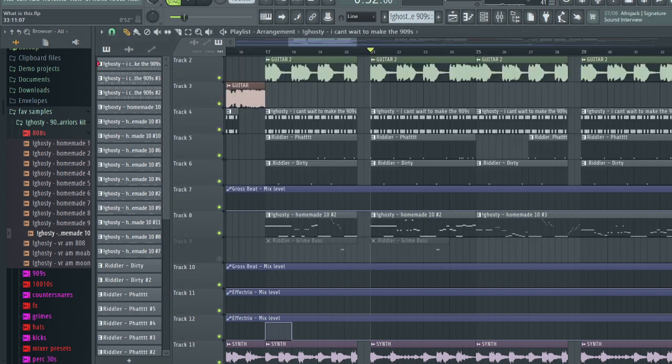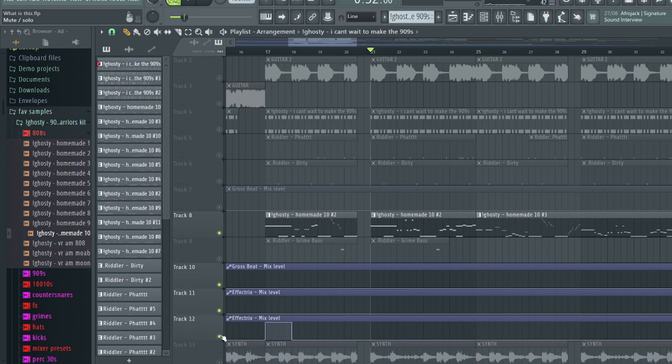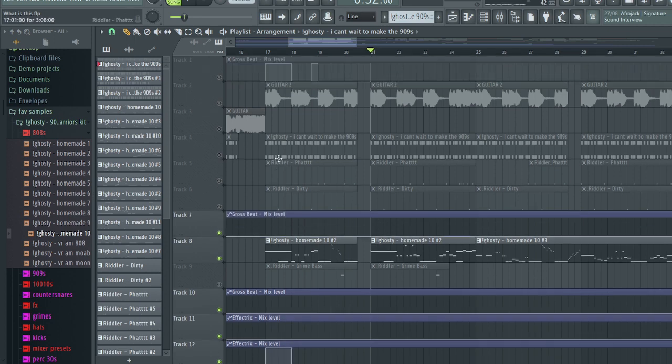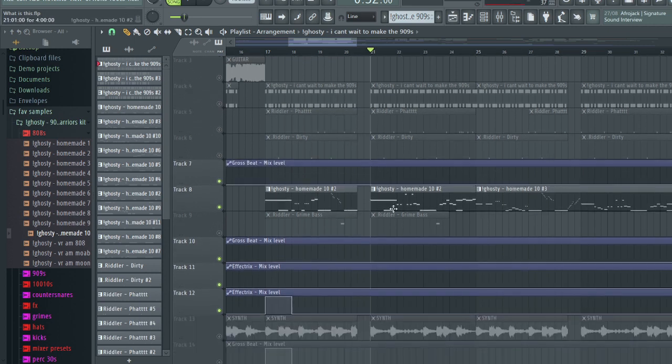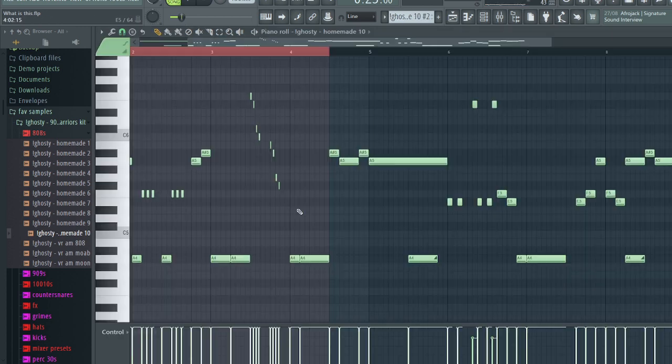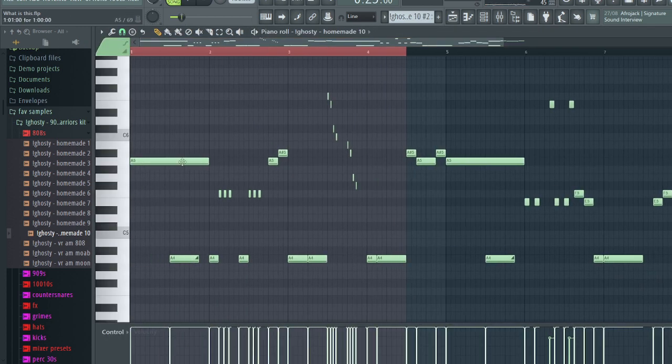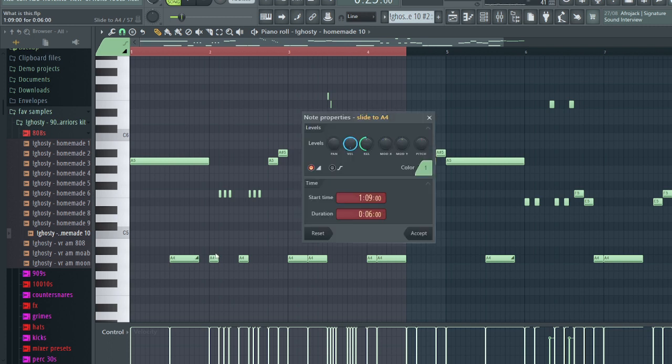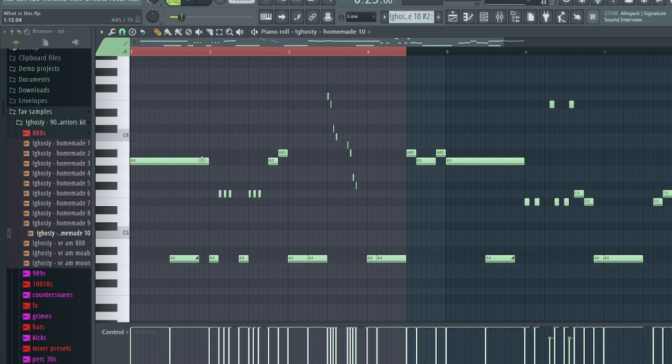And I will play this on its own just so you can get a feel for this. Put all my automation back on so it doesn't trip out. And this is the first one. I've got a high 808 dropping down an octave below with a slide, and for slides you either click this button or press S on your keyboard, or you can double click the note and this page will come up, but the easiest way is just press S and then place a note. I've got that playing here, and with the automation,